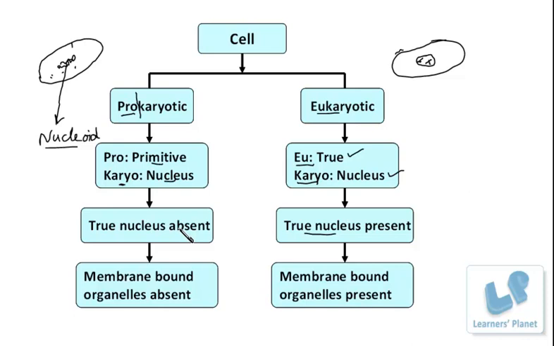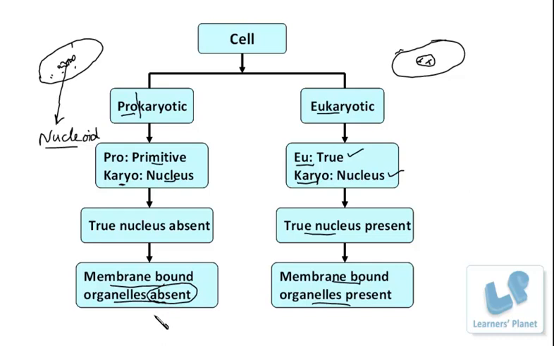Well, besides the presence and absence of this developed nucleus, there are some other differences also between the prokaryotic cell and the eukaryotic cell. Well, primitive cell, see, if the developed nucleus is not there, that means they should be considered the simplest form of life, isn't it? Now, in such types of cells, the other membrane-bound organelles are also absent. These membrane-bound organelles are definitely present in the eukaryotic cell, but they are absolutely absent in the primitive form of life, that is, in the prokaryotic cell.